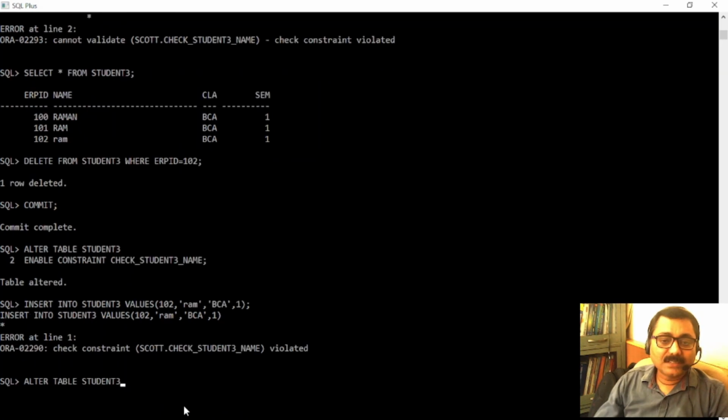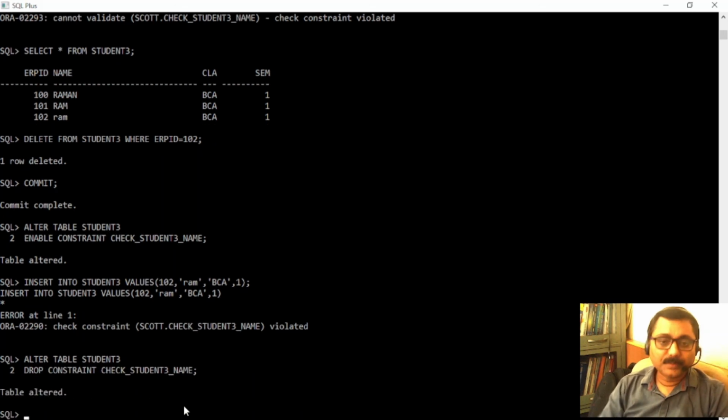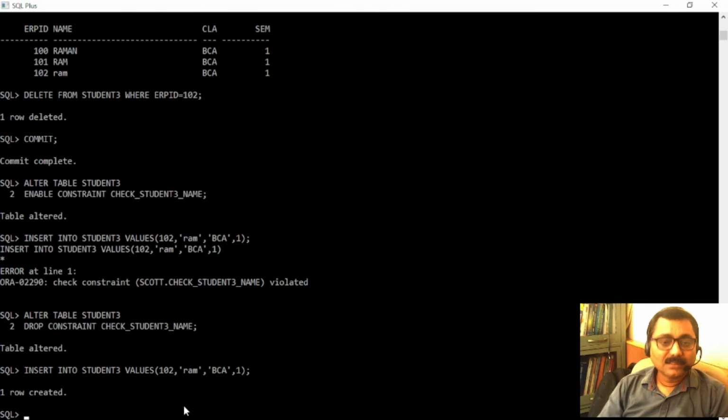Need to write alter table students, as per the example, and in place of enable or disable, you need to write drop. So as of now, check whether this check_student_name constraint is there or not. So I need to enter a record with lowercase. It's created, it's created. It means now there is no check constraint for name.